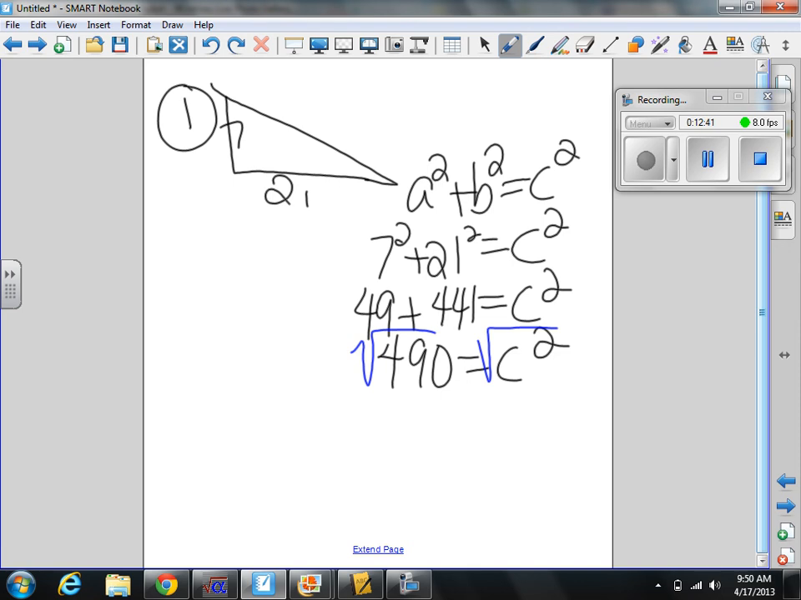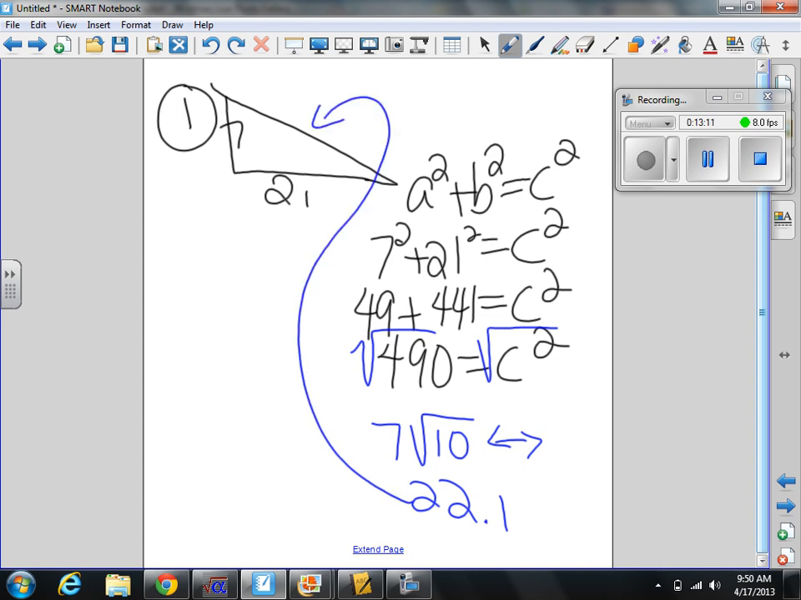So take your calculator, hit second, hit the x squared button. If you notice, the square root key is right above it. Type in 490, hit enter. You'll probably get an answer in the calculator of 7 square root of 10. Right above the equal sign, there's a little button with 2 arrows. Hit that, and you should get 22.13, but rounding to the nearest